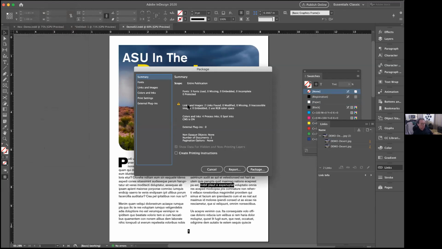It's in the red, green, blue color space, which is basically for digital and monitor use only. InDesign in this particular situation is set up for print, so it's looking for the CMYK color space, the cyan, magenta, yellow, black. You can ignore that. What's important here is that you're looking and seeing there's two links, both of them are found, none modified, 0 missing, so this is all good. Click Package,